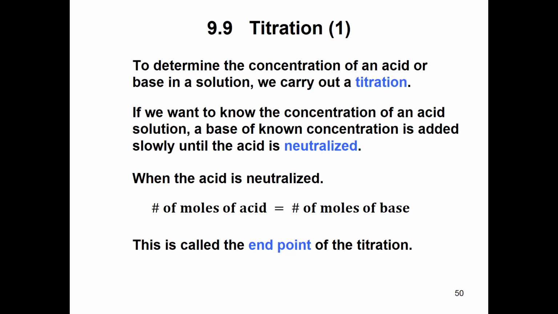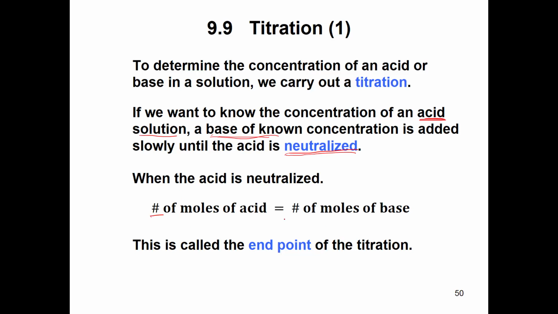So a titration is what we do to determine the concentration of an acid or a base in solution, and we do that by knowing the concentration of one or the other, and then we can figure out the concentration of the other as we add it to the solution and see where it is neutralized. So if you know the concentration of the base, you put acid in a container, you add the base slowly until it neutralizes,